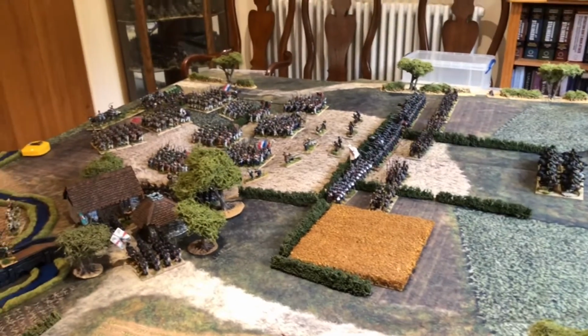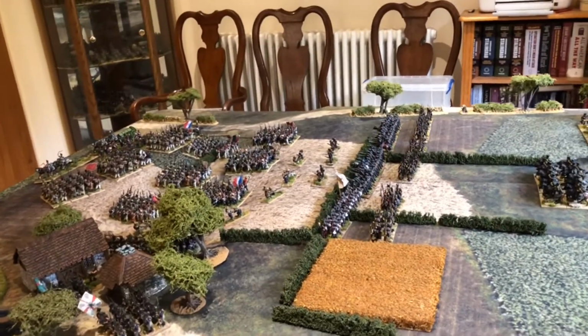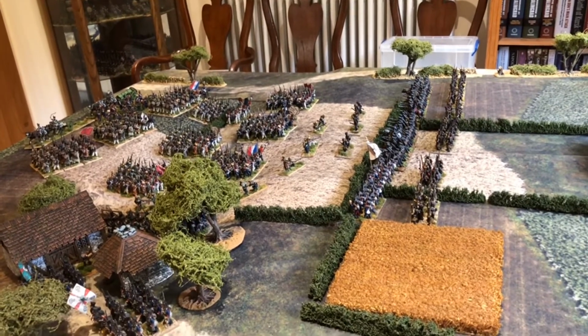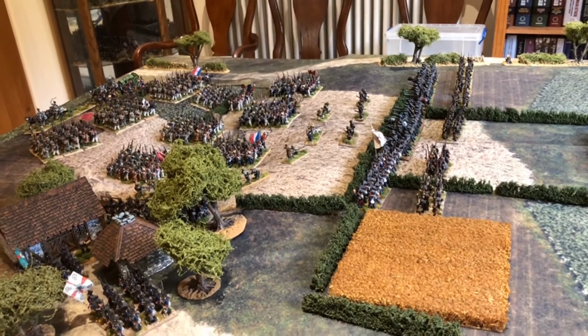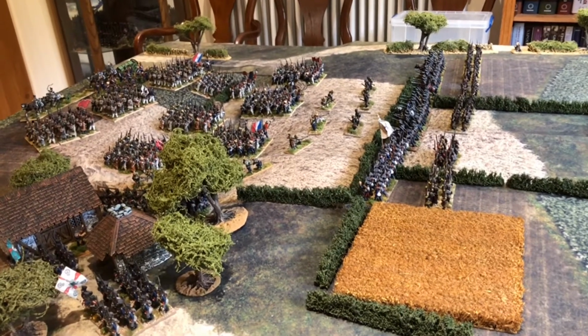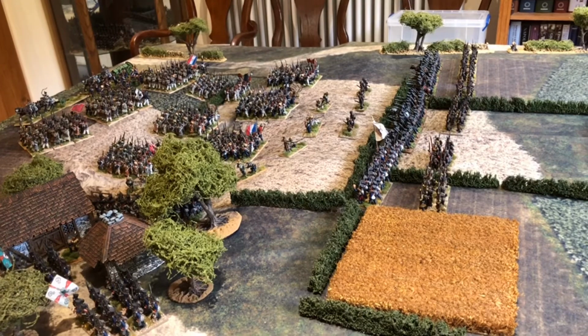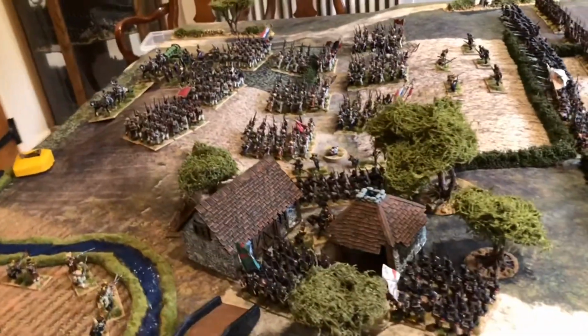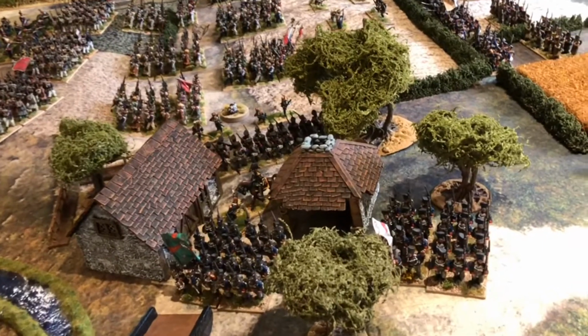Okay, we're at the beginning of turn 2. As we can see, advancing out of Limal, the French forces are starting to approach the Prussian line. The skirmisher forces have been thrown out front and are also screening the village of La Bergère, where